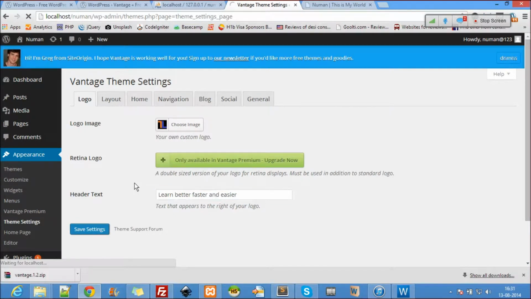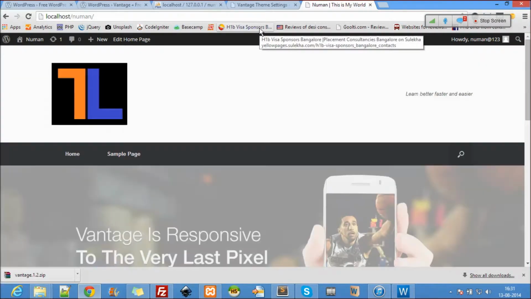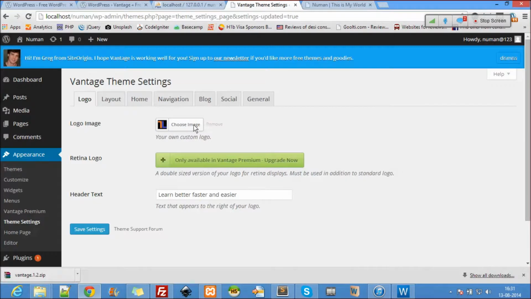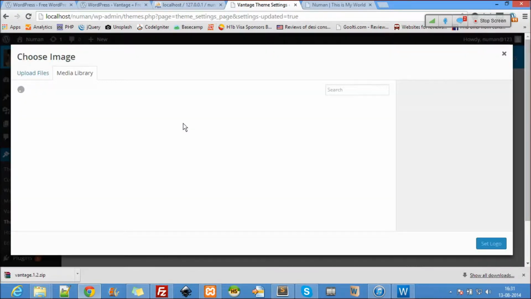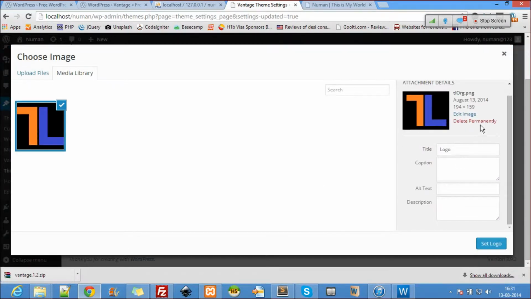Let's see, it has been changed. Yes, that's been changed, but it's way too big for us. I don't know if I can really change the size of it. The size is 194 by 59, so let's say edit image.